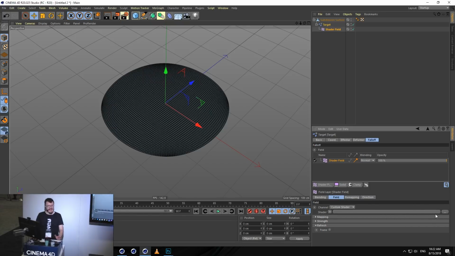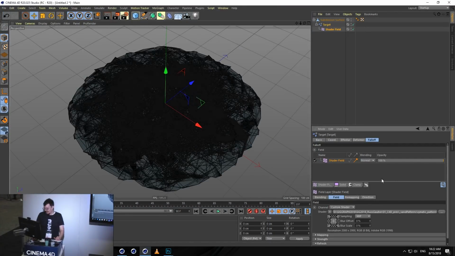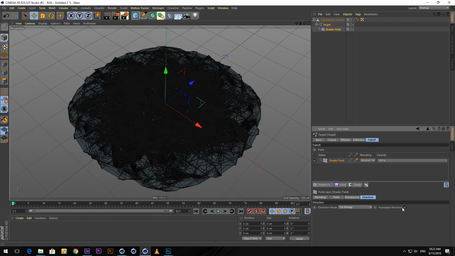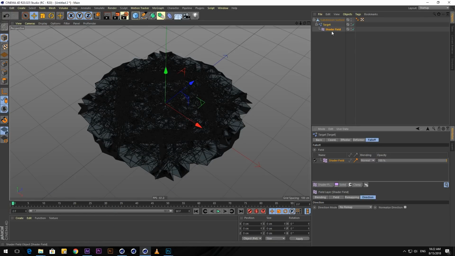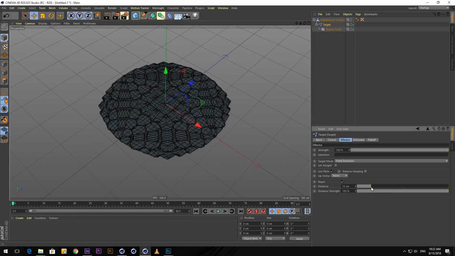For one, I want to add an image. So I'm going to add one of my weird cymatic patterns. I'm going to grab this guy. I'm going to throw that in here. Cool. So automatically this looks weird and broken, but you can tell it's doing something. Something is happening in here. I'm actually going to go under direction and turn off normalized direction. So if I go back to my target object, I'm going to change my distance. I'm going to reduce this distance value down. I'm going to say maybe 15, right? So now if I change this distance strength,